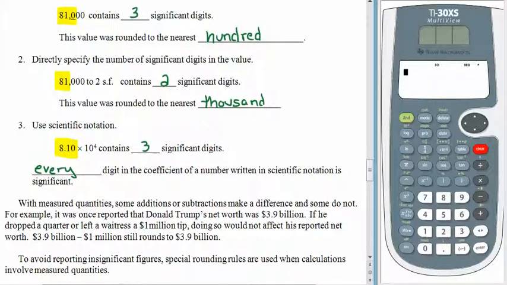Donald Trump could walk down the street and drop a quarter, and he would never notice. You and I might notice. Might be my last quarter. Donald Trump could go to a restaurant and leave a waitress $1 million tip. $1 million tip! And it wouldn't change how people reported his net worth. $1 million is so small compared to 3.9 billion that leaving that sort of tip at a restaurant wouldn't change a